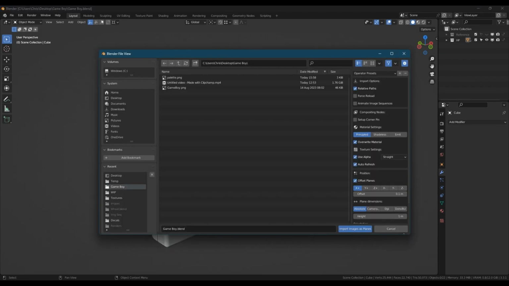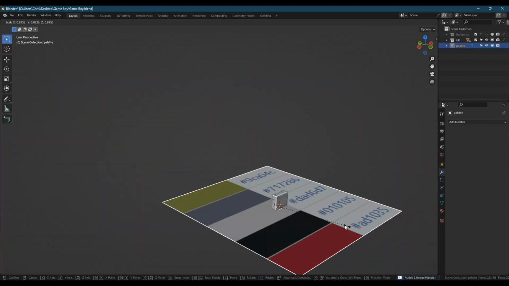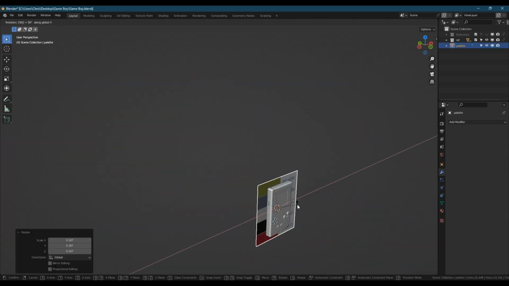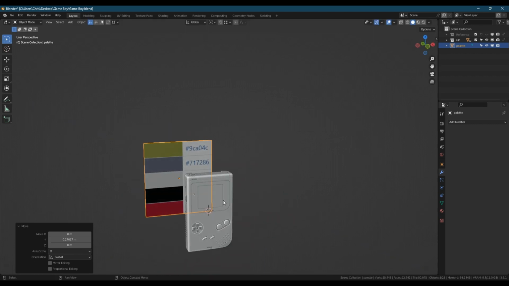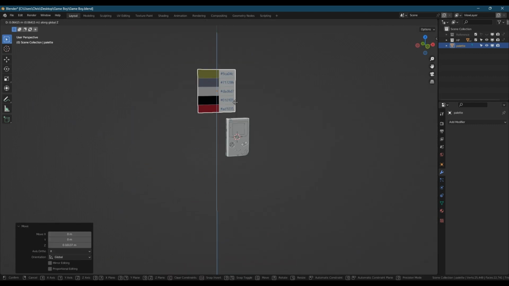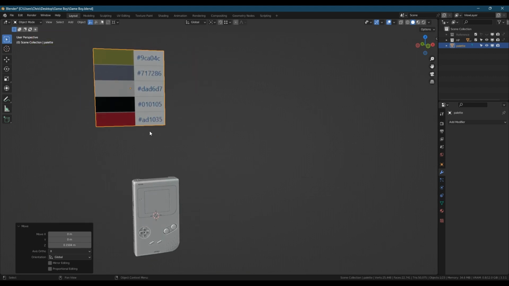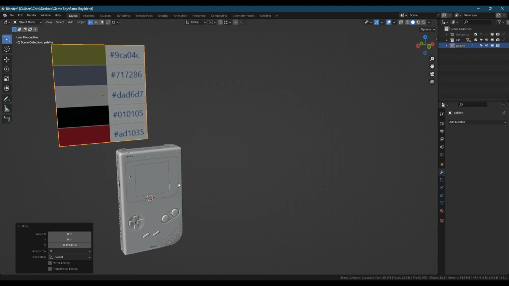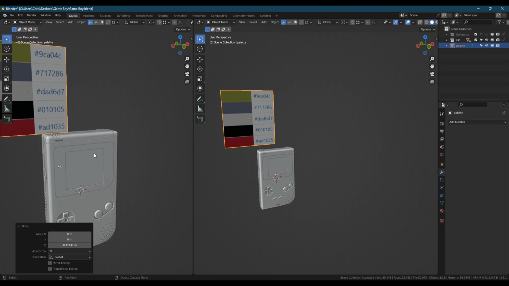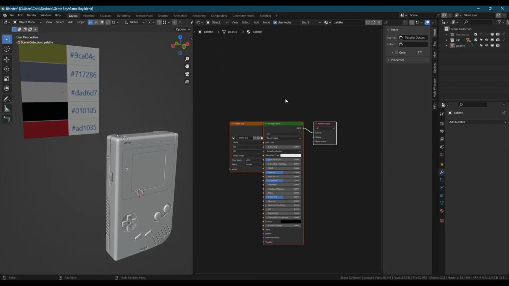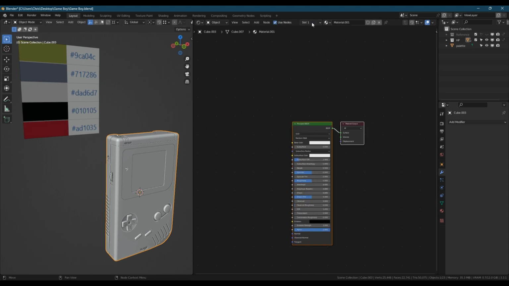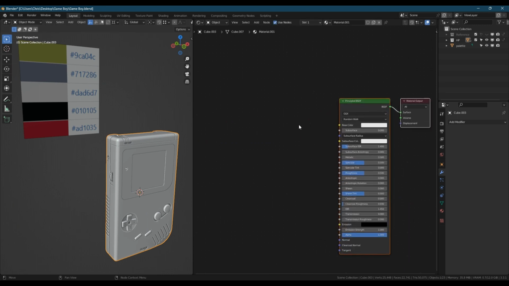Alright, so on to my favourite part now, which is the colour pass and adding in the bevel shader. So I've got the colour palette of the actual Game Boy model from online, and it's got all the hex codes for the colours. So I'm going to use that to make the colour scheme for this thing. So just going to split the view. So I've got the shader editor open,